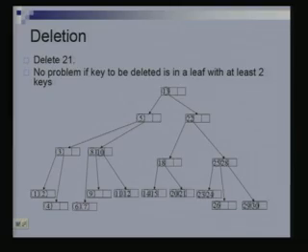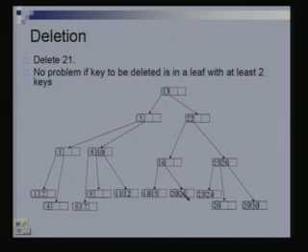If it is at an internal node with 2 children, then what did we do? We found the successor or the predecessor of that key. Let us say we found the predecessor, and we move the predecessor to that and delete the predecessor. That is what we were doing. So, we are going to do something similar here. Suppose I wanted to delete 21. There is no problem, because 21 is in a leaf node. We search for 21, come down here, go right, go left, go right, and I find 21 right here.